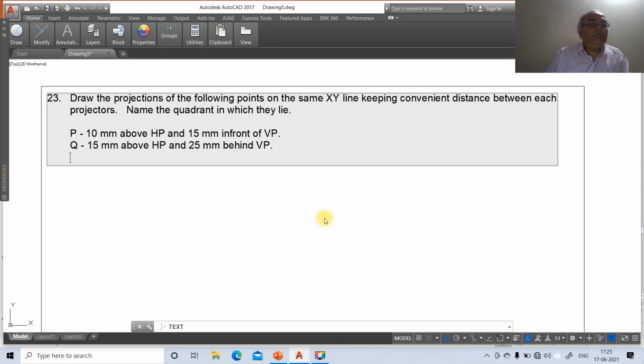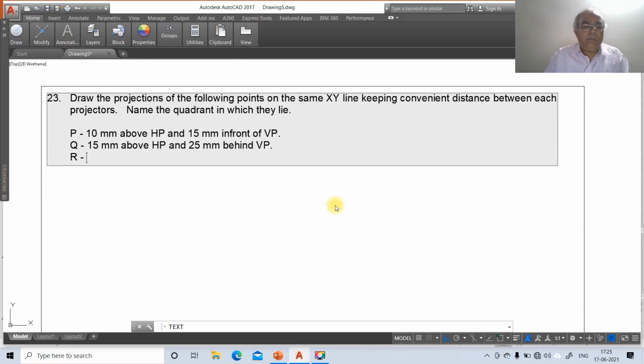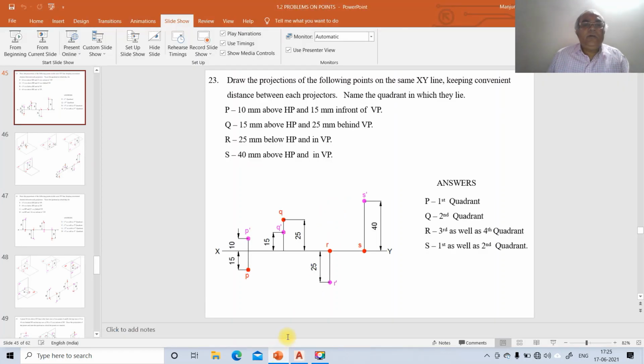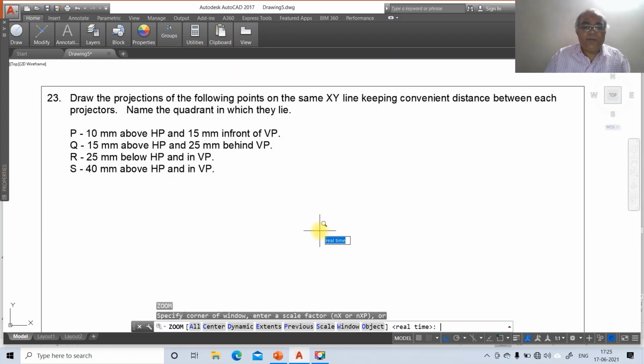Capital R, 25 mm below HP and in VP. And then capital S, 40 mm above HP and in VP. Now this is the problem.